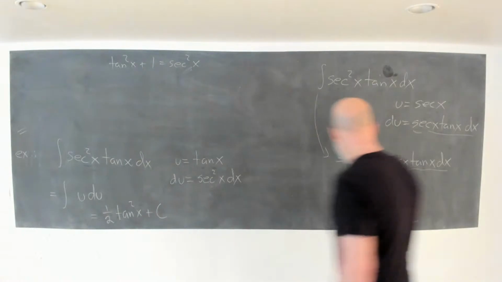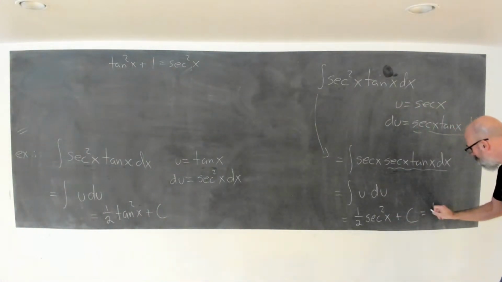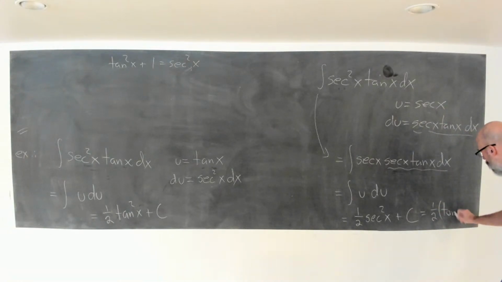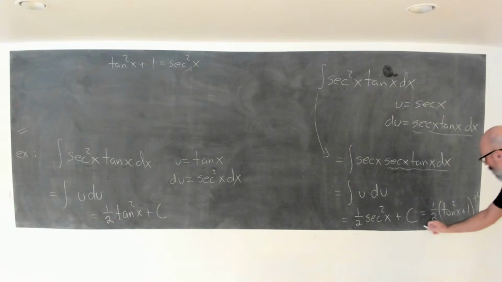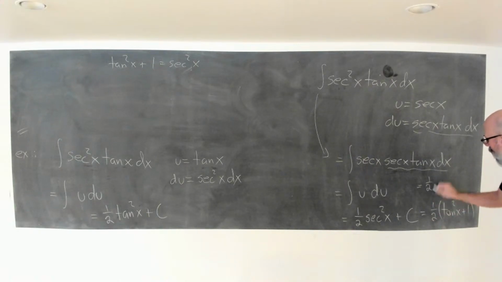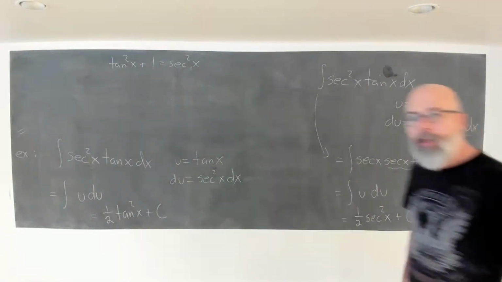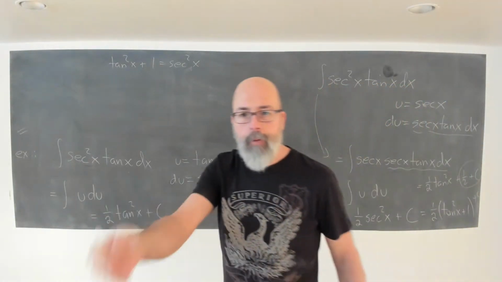So secant squared is tangent squared plus 1. So this is 1/2 tangent squared plus 1/2 plus c. And if c is an arbitrary constant, adding any other constant